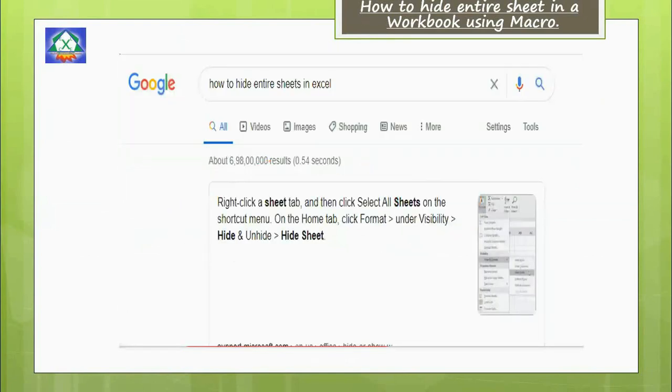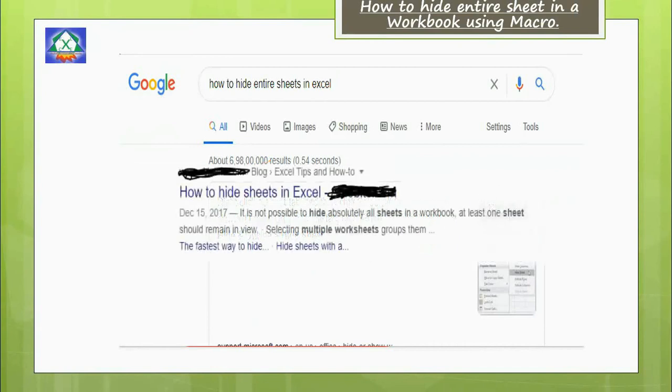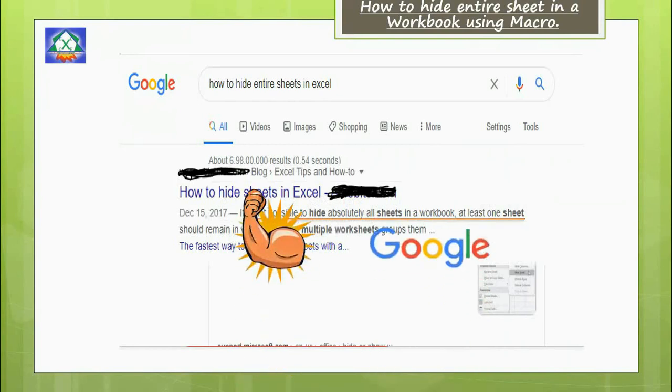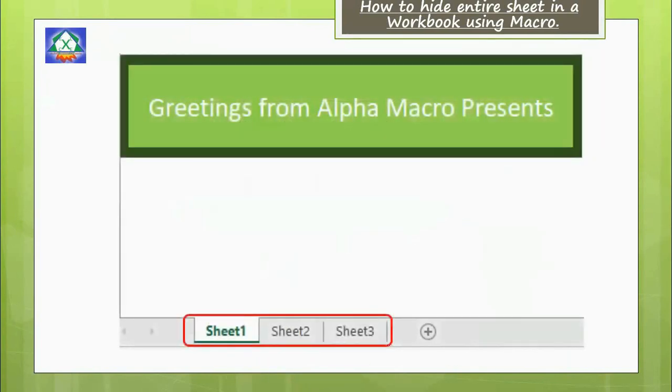I tried to Google it and found some instructions to hide the sheets. However, I wasn't able to hide entire sheets, so I further analyzed and found that it is impossible to hide all sheets in a workbook. It was a great thing for me to challenge Google, and I found a way to hide these 3 sheets